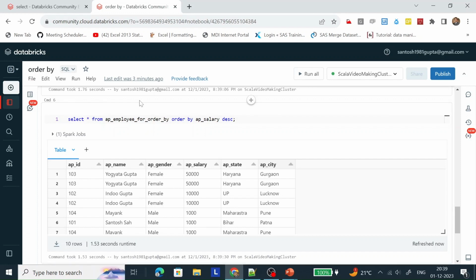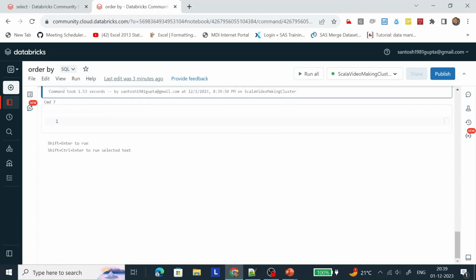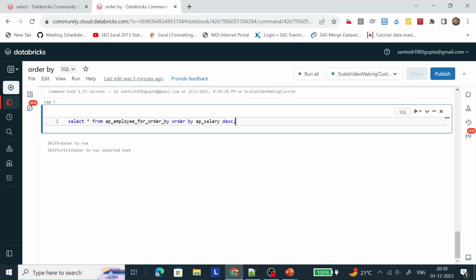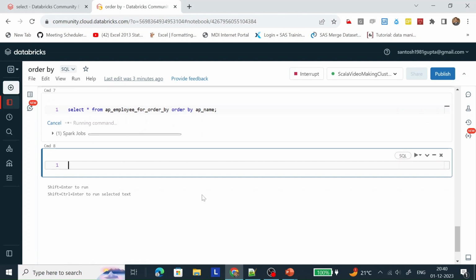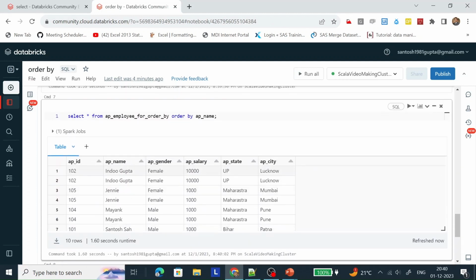Now let's do an order by on a column which is of a string type, and let me give AP name. We can see here we have ordered this table with the help of this column name.